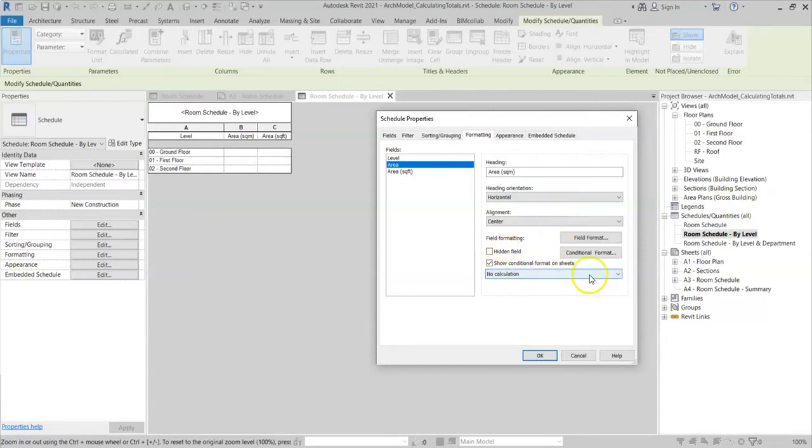and on this drop down where it says No Calculation, if I click on the little arrow for the drop down, I can calculate totals, which will calculate the total value of the area values within that one row. I can calculate the minimum, which will show me the minimum area. I can calculate the maximum, which will show me the maximum area, and I can calculate the minimum and maximum. So for this exercise and this schedule, I need to calculate totals for the area in square meters column, and I also need to do the same for the area in square feet column. So I will select Calculate Totals,